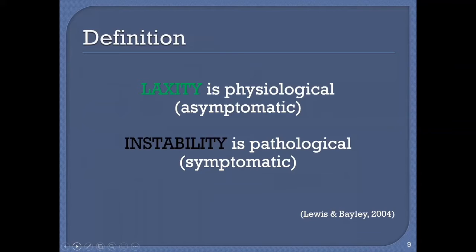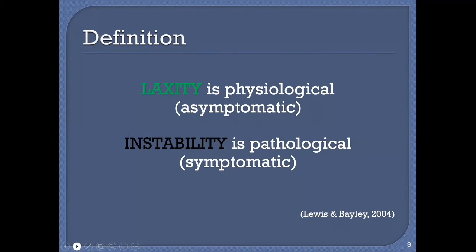So the first thing to think about is defining what is an instability versus a laxity, and where to begin. It's best to think of joint laxity as implying a degree of translation of the glenohumeral joint which falls within a physiological range and is asymptomatic, so the patient doesn't get symptoms. Instability is abnormal and pathological and produces symptoms such as pain or apprehension. I think it's sometimes a little bit confused in terms of assessment, so it's worth thinking about that